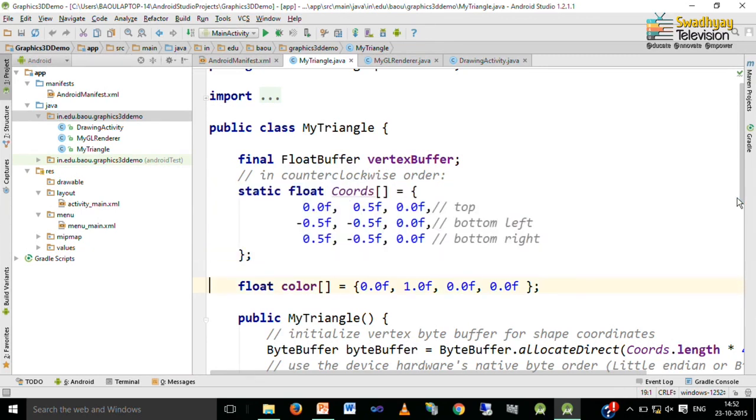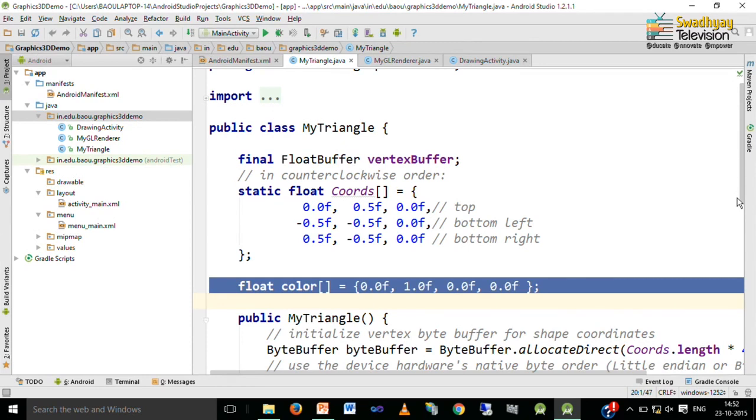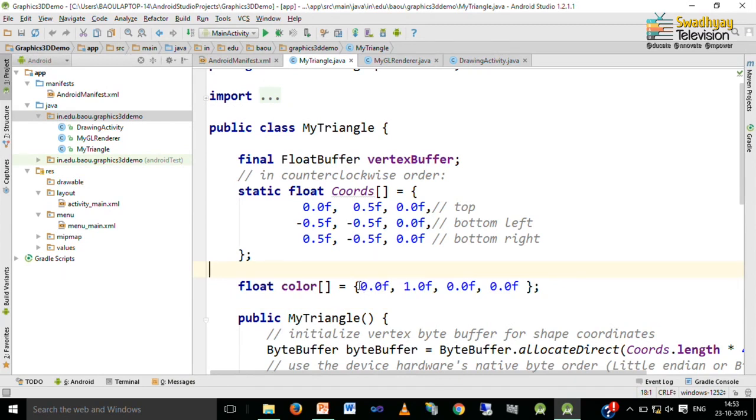Here we specify the color. So, there are 4 arguments. First represents the red portion, second green, third blue, and fourth is alpha, which is used to show transparency. So, these 4 parameters are declared for specifying our color.